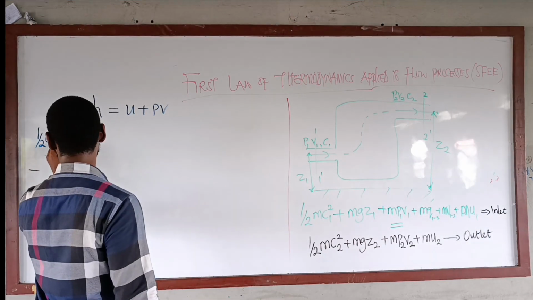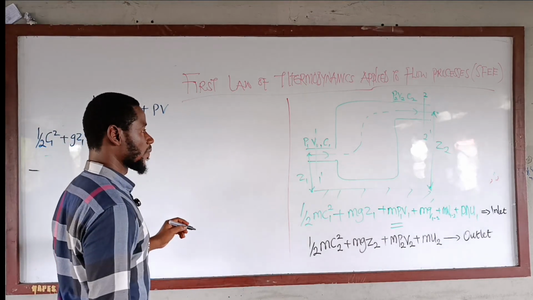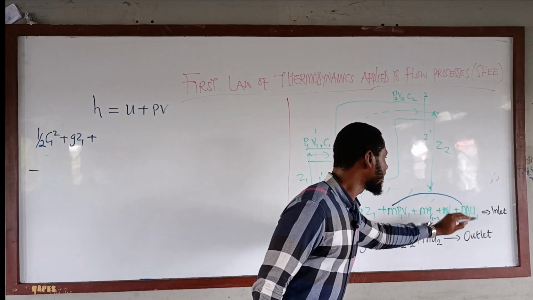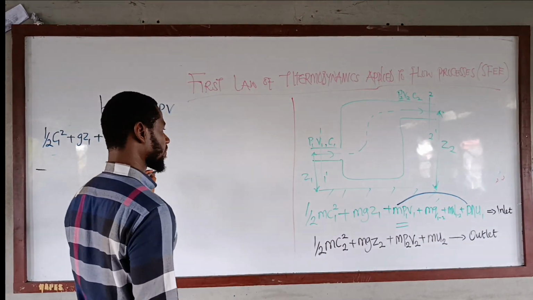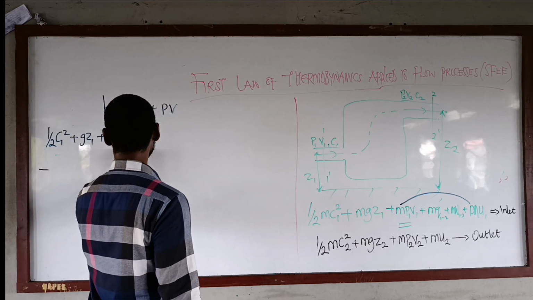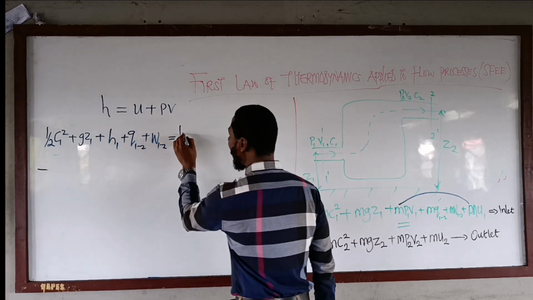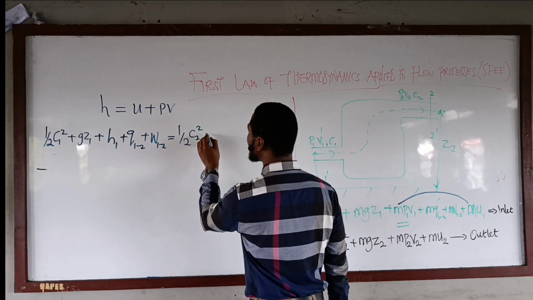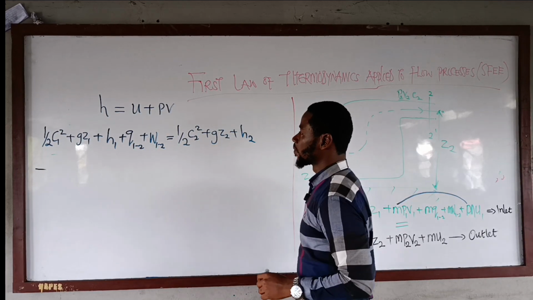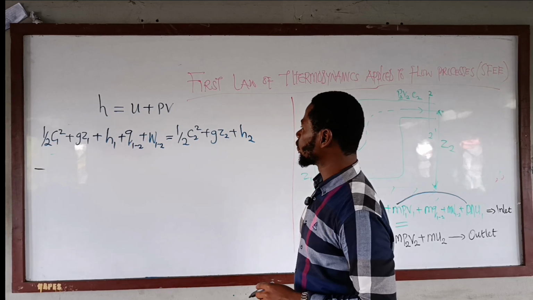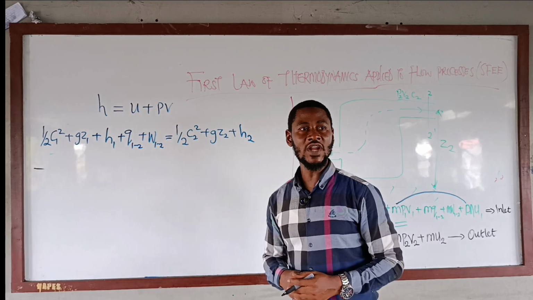C1 square plus gZ1 plus, this gentleman marries this gentleman. It becomes H1 plus Q1 to 2 plus W1 to 2 equals half C2 squared plus gZ2 plus H2. So what we have on the board, if you are making the heat transfer or the work transfer the major determinant that you are asked to determine,